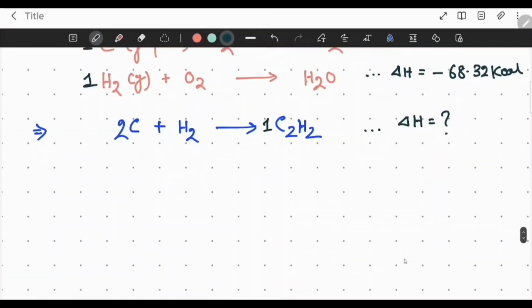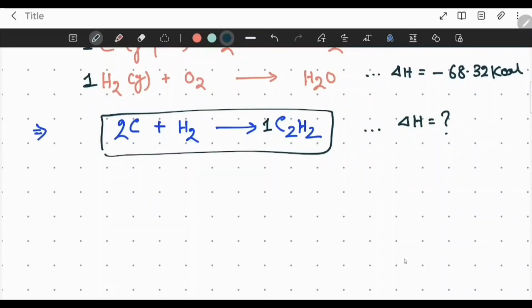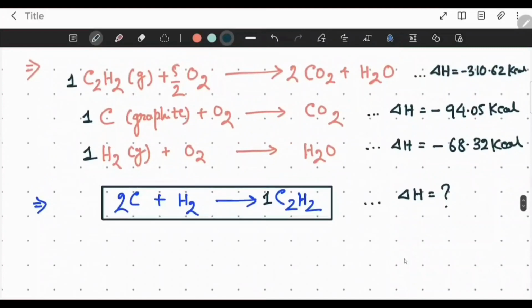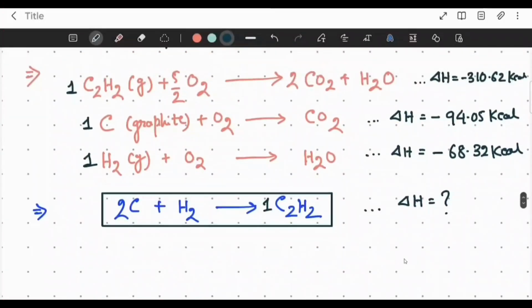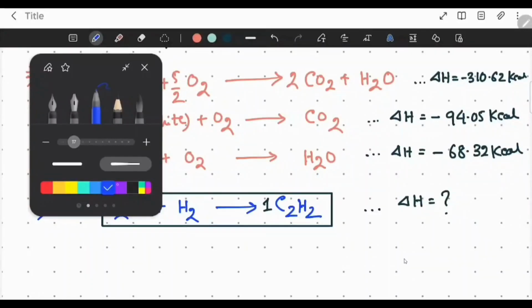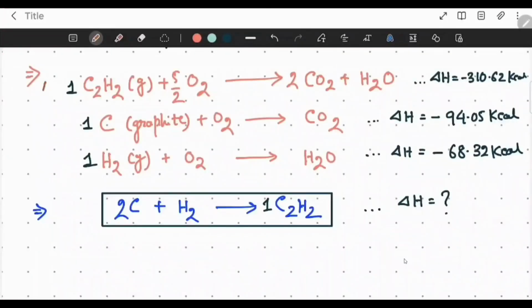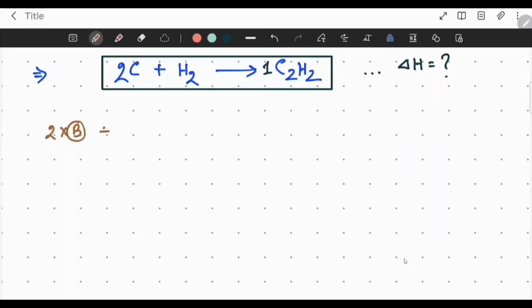So now we have to formulate this equation. The procedure is like this. We have to formulate this equation from these three known equations, and we have to calculate the del H. So we can do like this. We need C2H2 in this way. So let us give names to these equations first. Let's say this is our equation A, this is our equation B, this is our equation C. So what we can do: 2 into B plus C minus A. If you do this, then what we will get,